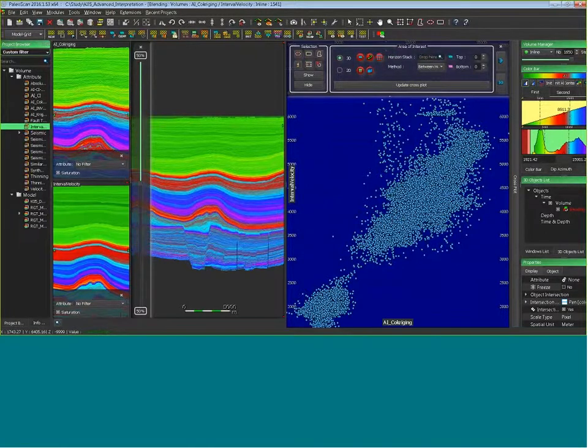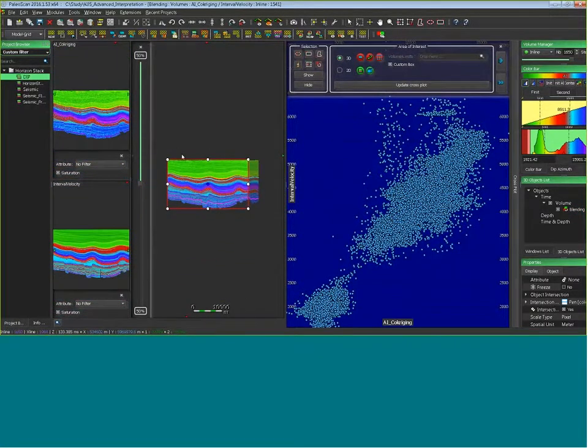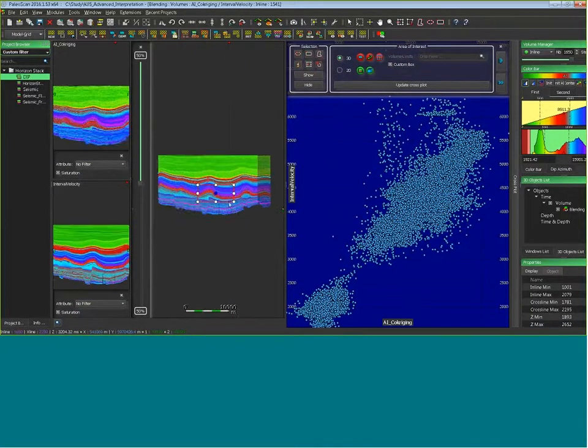For example, you can drag and drop a horizon stack, and then I have the upper limit and the lower limit available from this interface. I can also use a custom box like this, and then I can mix the two selections.